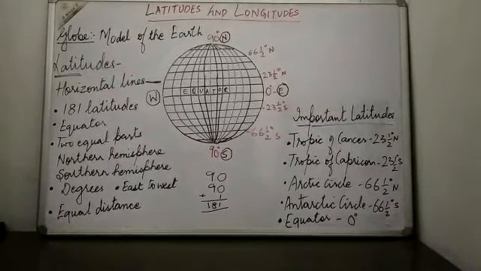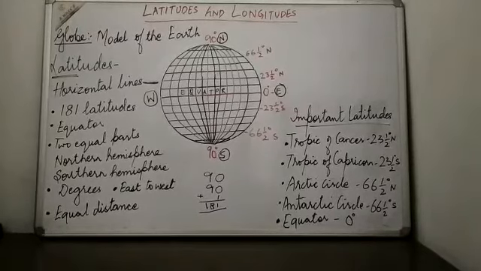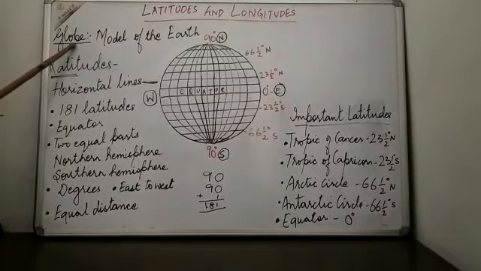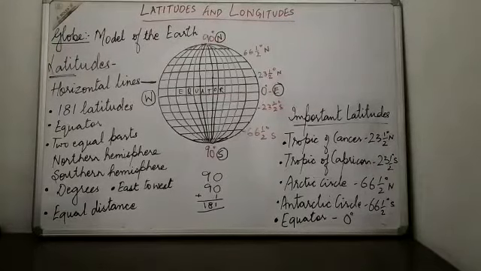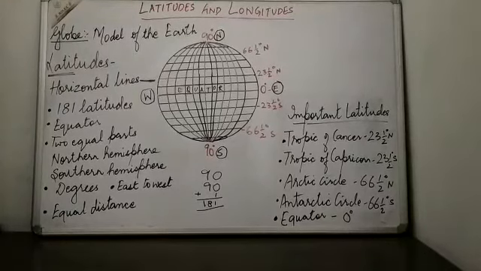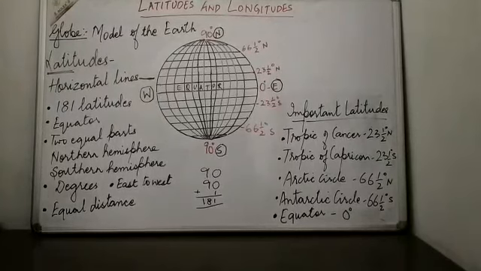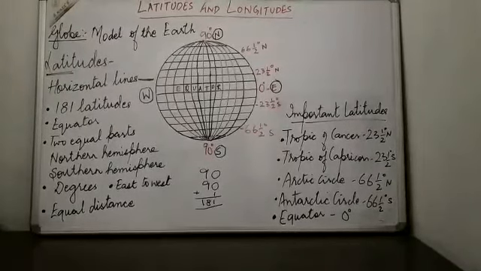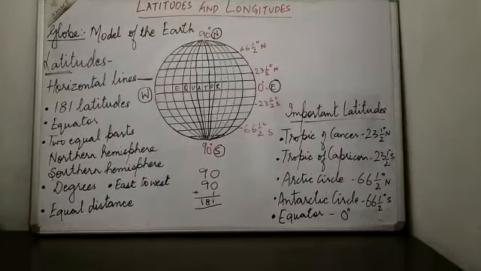Children, you might have seen a globe. What is a globe? A globe is a model of the earth. It tells us about the distribution of land and water, the correct shape of the earth, and the location of continents and oceans. If we look at the globe, we can see there are many vertical and horizontal lines drawn